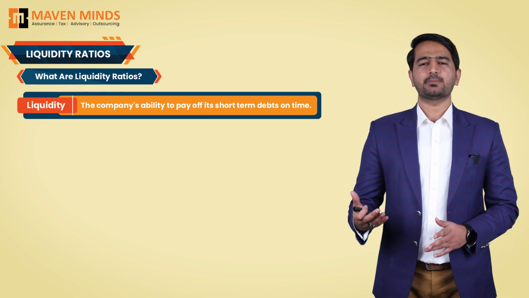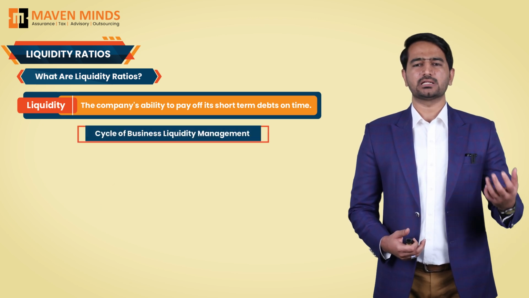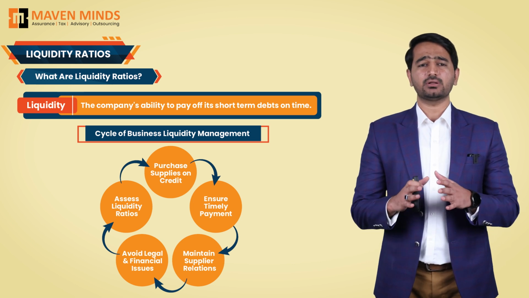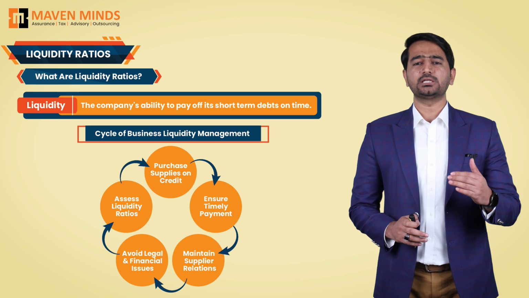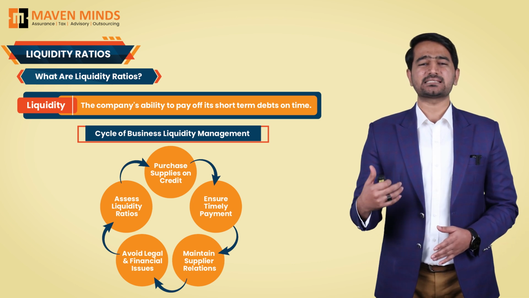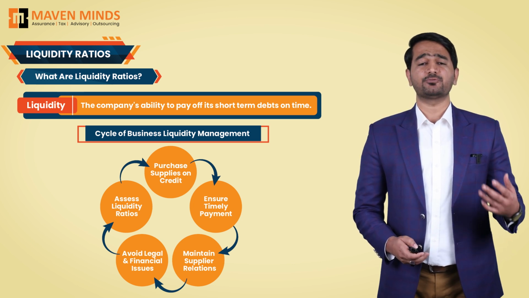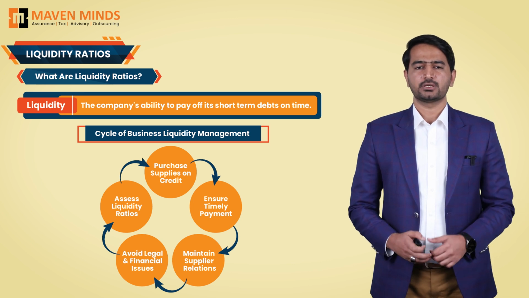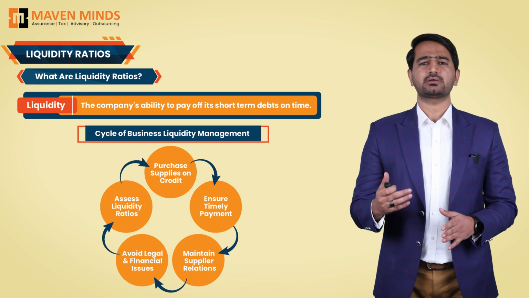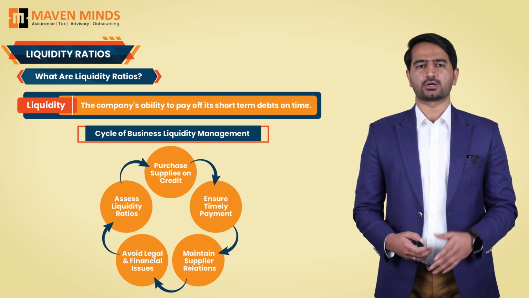You see, when the business is running as a going concern, it normally operates by buying raw materials on credit along with other short-term supplies. And when you buy something on credit on a short-term basis, you need to be able to pay it on time. And if you don't, your future supplies can be affected, or your supplier may take you to the courts, exposing you to voluntary winding up, right? So liquidity is important, and mainly short-term lenders generally look at your liquidity ratios to assess whether you are viable in the short run or not.